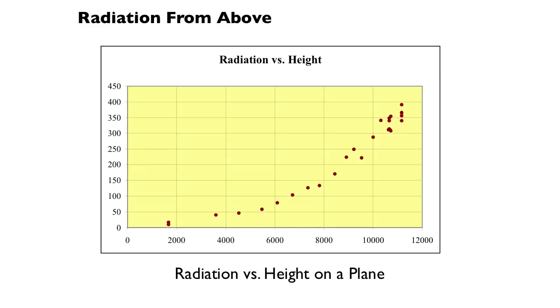And here's a graph I made when I took a Geiger counter on an airplane going across the Atlantic, and they had a little readout that told me how high the plane was. I could just measure how many counts per minute as a function of height. And as the plane got higher and higher, the count rate went higher and higher. On the tarmac, I was getting about 10 counts per minute. Up at elevation, I was getting 350 counts per minute. So a significantly higher radiation dose, and it's mostly in the form of these cosmic rays. And flight attendants spend a lot of time up at those high elevations, so as a consequence, they get a pretty significant radiation dose.